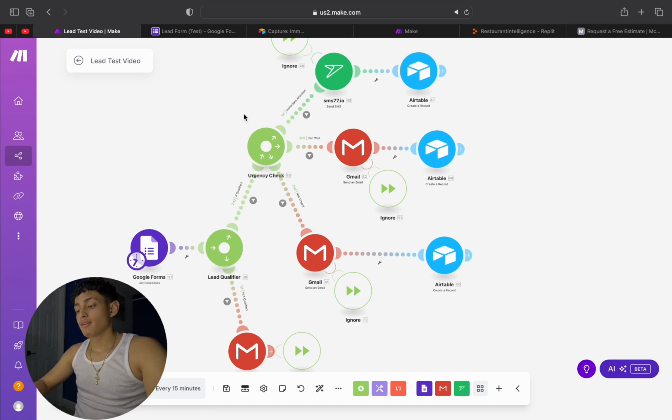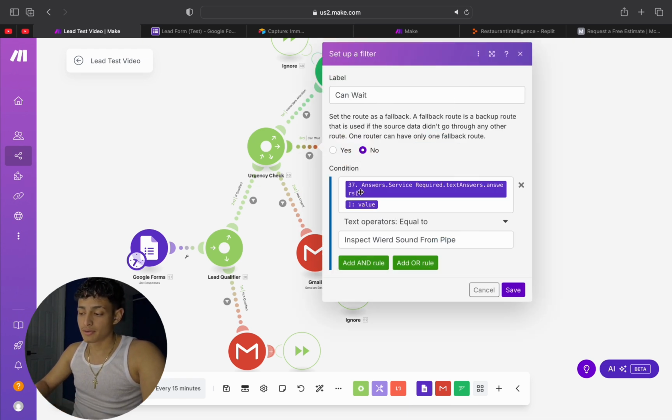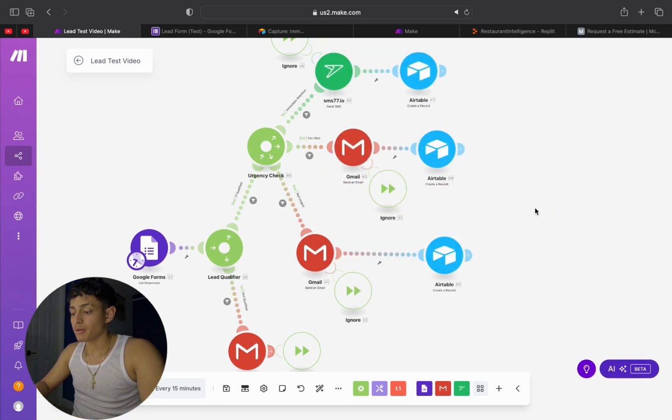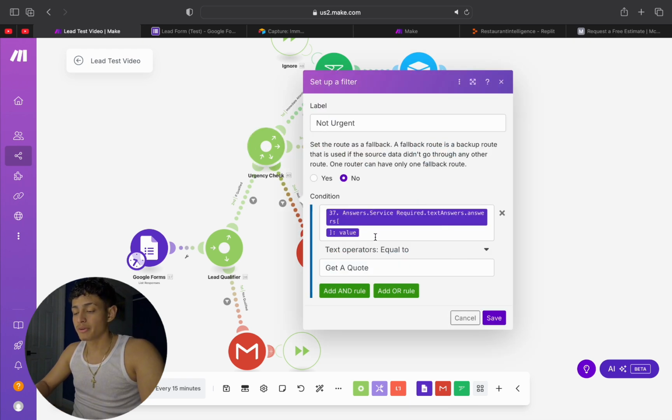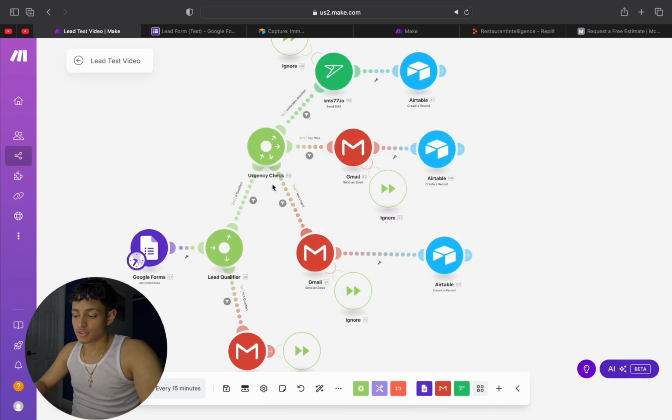to say, hey, you're an agent for this company, I need you to qualify these leads, or urgency check these leads as I have it here, based on if they need immediate attention, if they can wait, and if they're not urgent. And then you would just give it some examples, like a broken pipe is immediate attention. A bad smell or a weird sound might just be, oh, can wait. But if it's not urgent, like get a quote, that's not urgent, so we're going to go ahead and just say it's not urgent. And then based off that, you would add a router with these same kind of